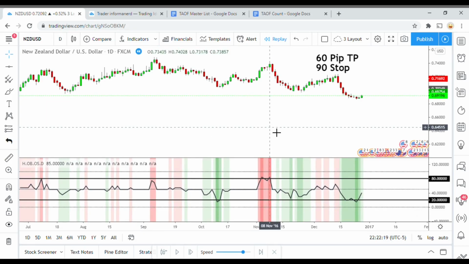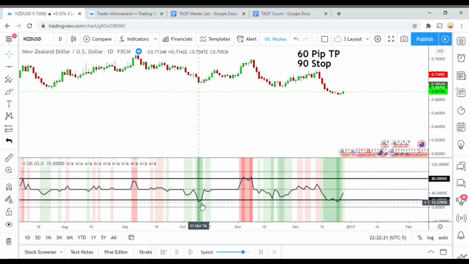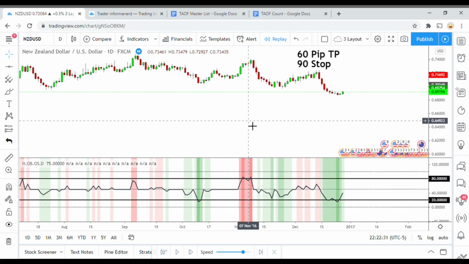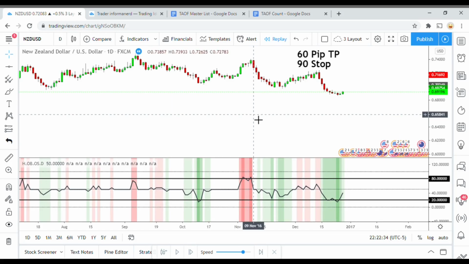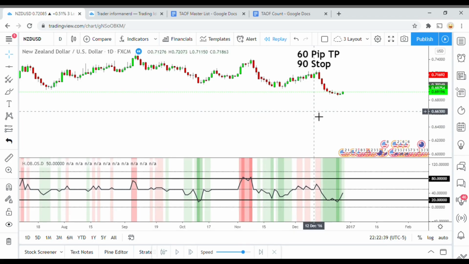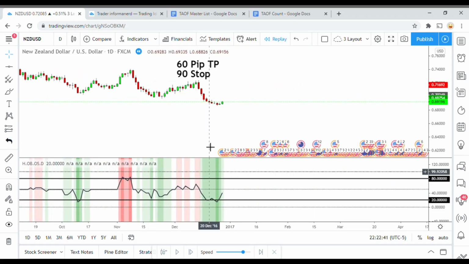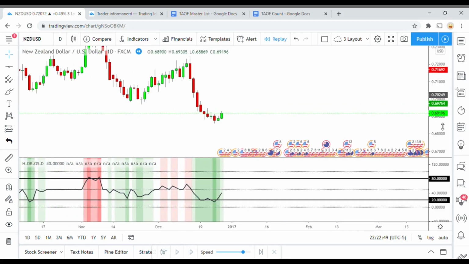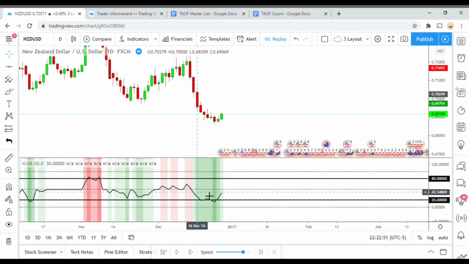And so what we're looking for is a break of these new upper and lower lines that I put in. And once we have a break, we are looking for the first candle to go in the opposite direction. And so for example, over here on this side, let's look at this area right here. So we can see that